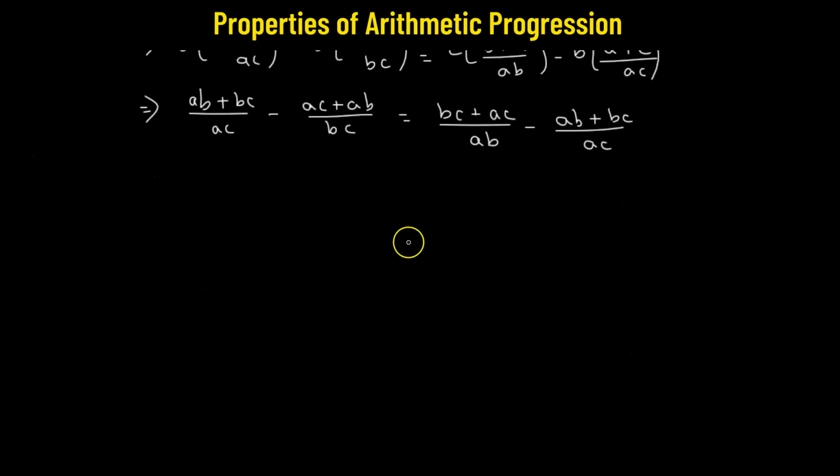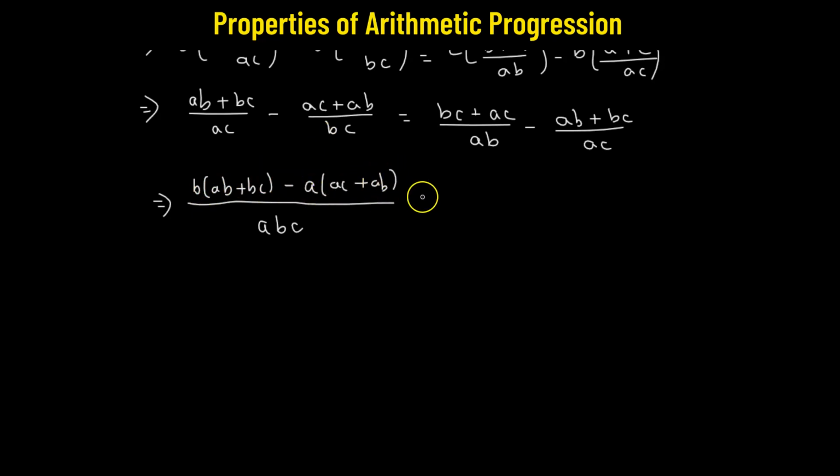Fine. Now we'll combine the two terms on the left hand side. So we have a common denominator of abc. Now in the numerator, we'll have b times ab plus bc minus a times ac plus ab,